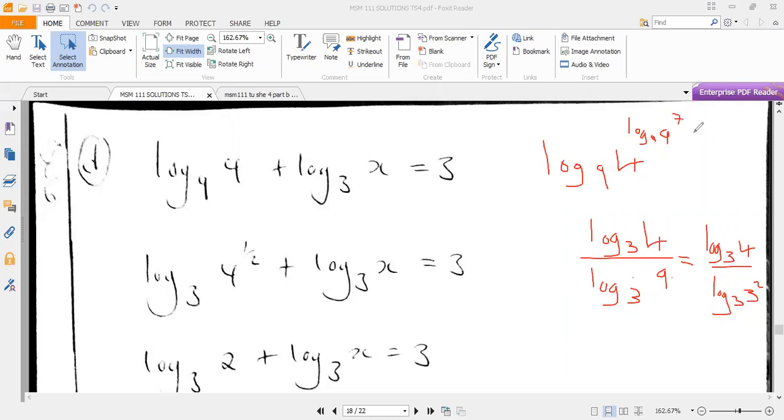This guy here is equal to 7, because the 7 will drop in front. Now, log base A of 8 is simply 7. Now, using the same principle here, we know that we have